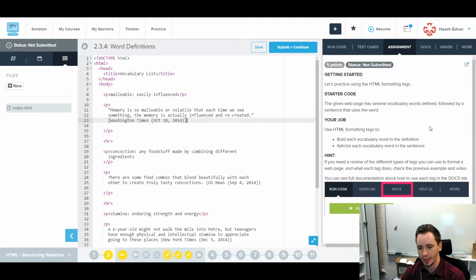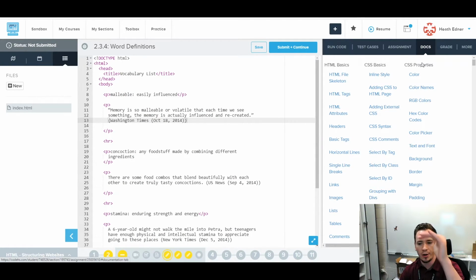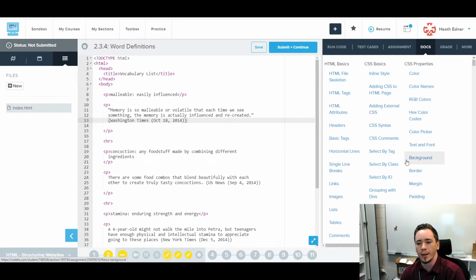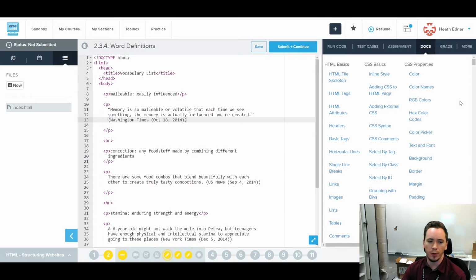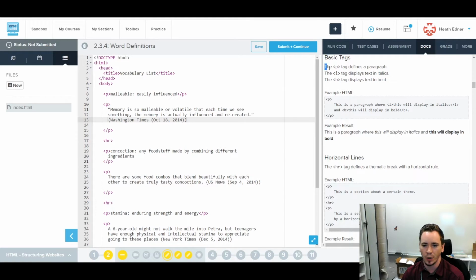the sentence. It gives us the hint saying that, hey, if we go over to the Docs tab, this is all the documentation that you have for HTML. There's a lot of stuff in here. If we're looking for how to bold and italicize something, normally I would go to text and font, but we haven't talked about or done anything involving CSS yet. We're still in the basics of HTML. So if I'm in the HTML basics category and we go to basic tags,